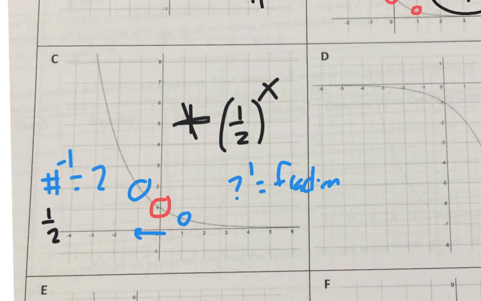5 to the negative second would be 1 over 5 to the second, which is 1 over 25. If I had 2/3 raised to the negative first, so what am I doing here? This is like 3 over 1, right? And I'm just flipping it. So 2/3 to the negative first would be